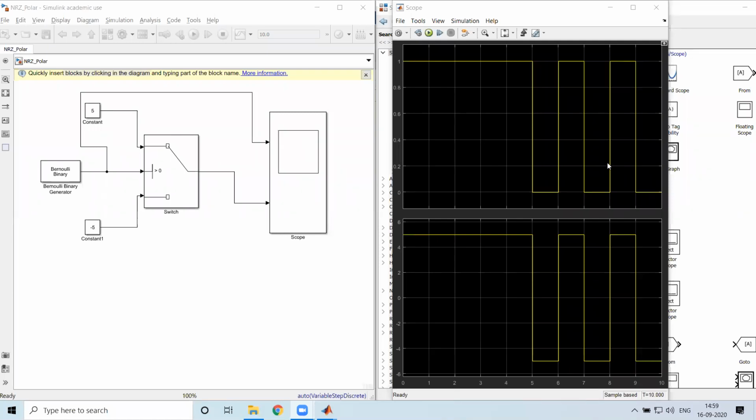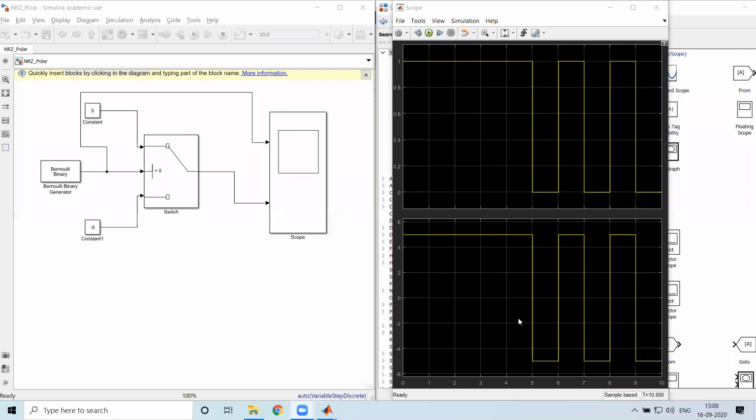So you can see the representation over here. This is the Bernoulli generated result, the first screen, and the screen below it is giving you the representation. In this case, it is 0 for 1 bit duration. During that bit duration, it is represented with plus 5 volt. And when it is 0, it is represented with minus 5 volt.